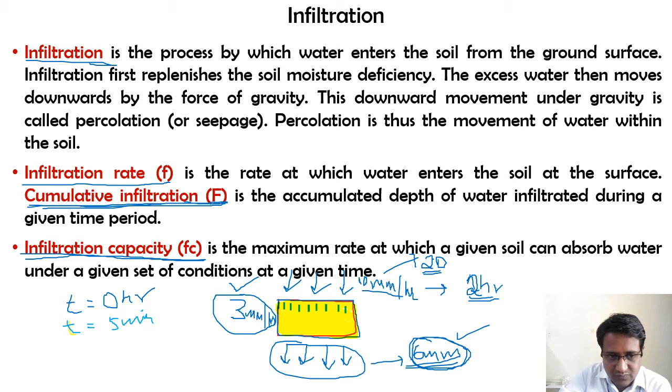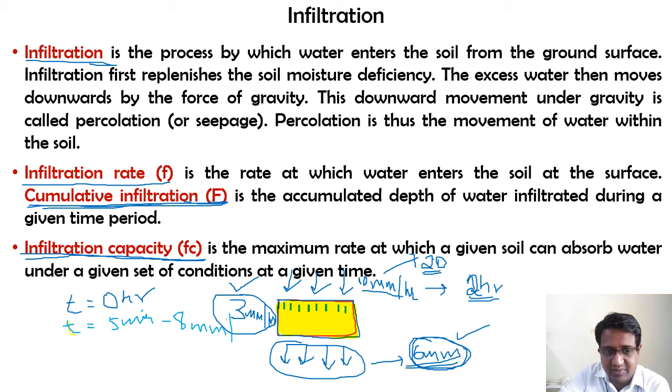At that point of time, initially for a very small duration of time, since this soil mass is completely dry, it absorbs all that water at a much faster rate. So the rate of absorption of this soil in the initial stages will be much higher than 3 millimeters per hour. What I meant by that is the amount of water it can withhold during the initial stages is much more than the infiltration rate we usually get. So at time t equals 5 minutes, the infiltration capacity, or the absorbance, is, let us say, 8 mm per hour.